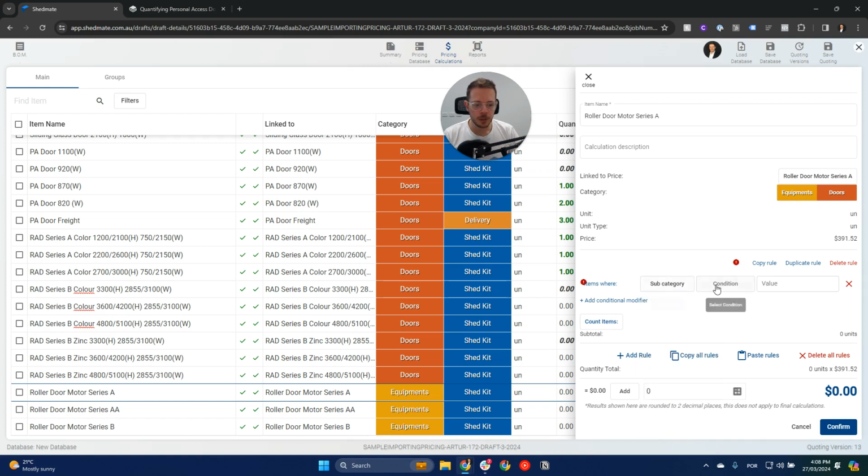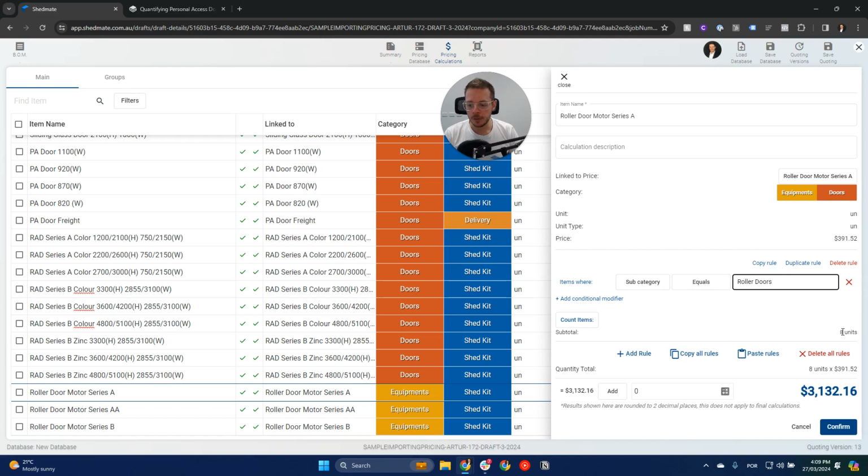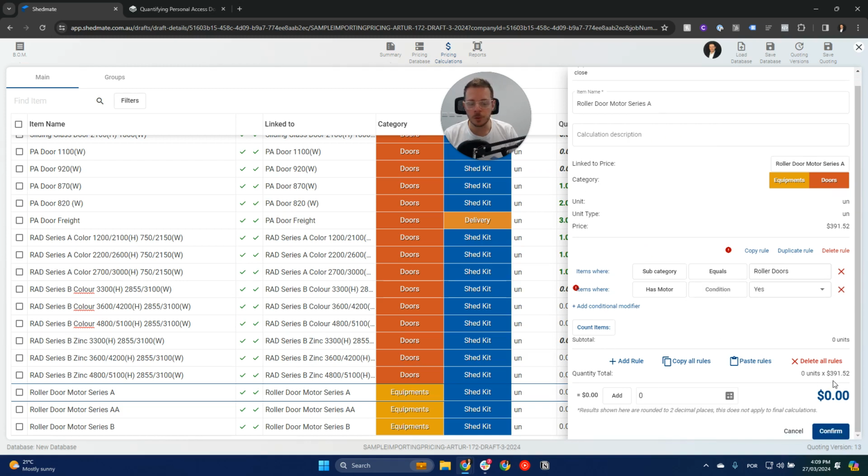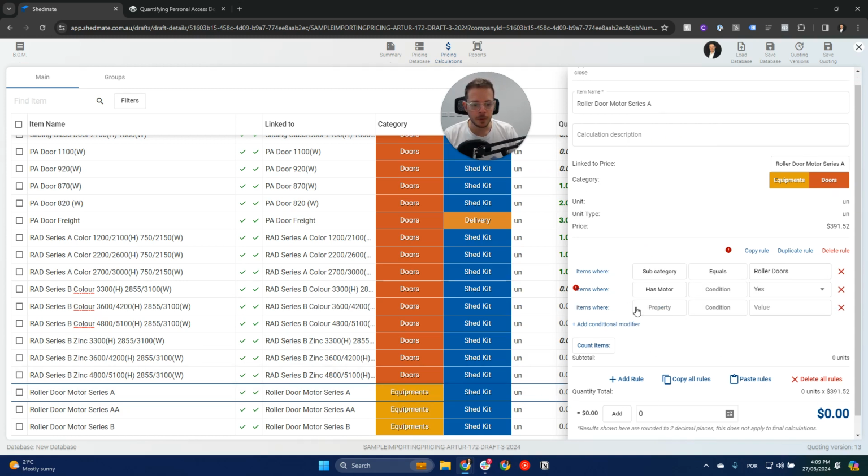So in this case, I want to get the subcategory that's equals to roller doors. So Shedmate is getting 8, but I don't have 8 motors. I just need to go there and add another conditional modifier and look for has a motor. And if the condition is yes, then I want it to quantify here as a roller door, but also it needs to be series